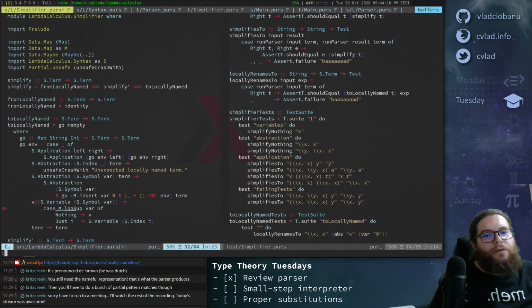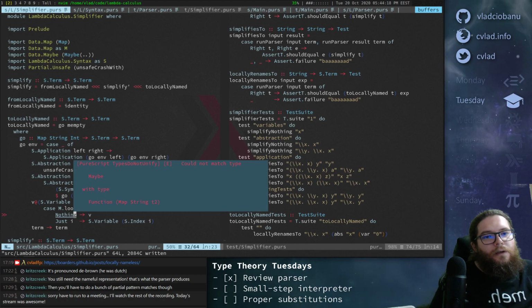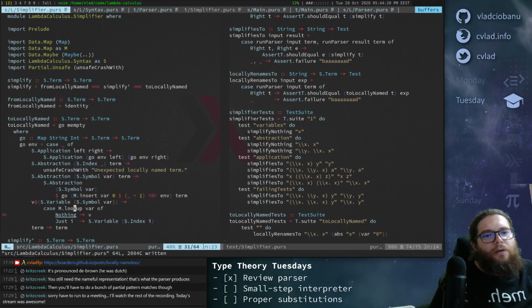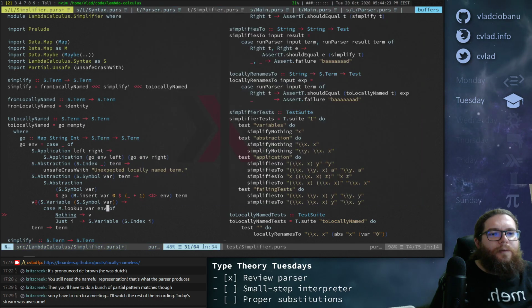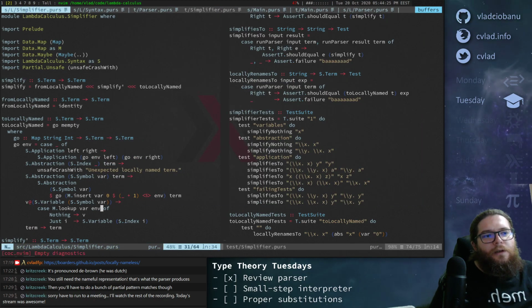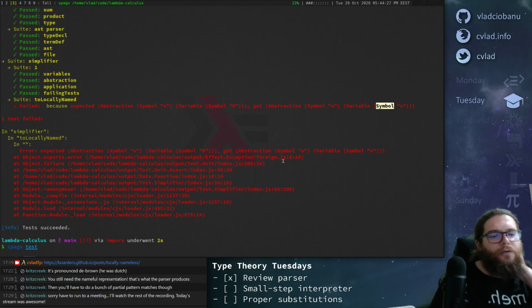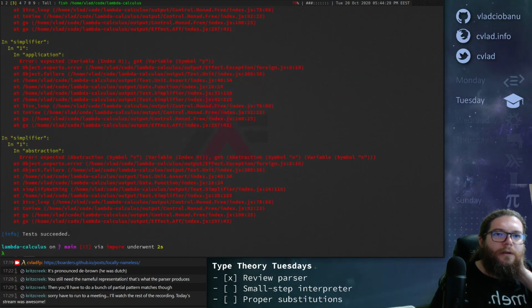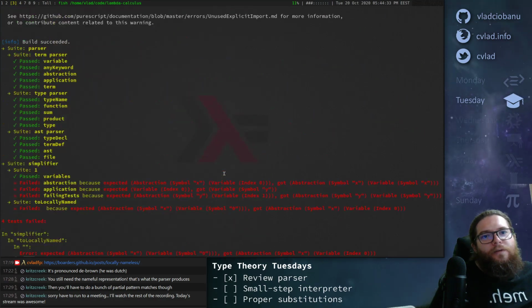Need to import this constructor. And we need to look it up in the environment, of course. Okay, so now I think it should work.